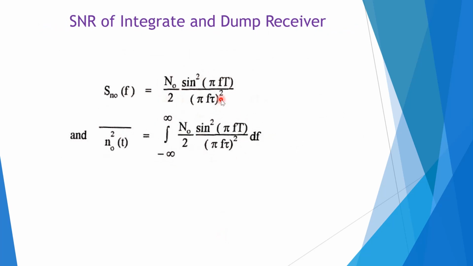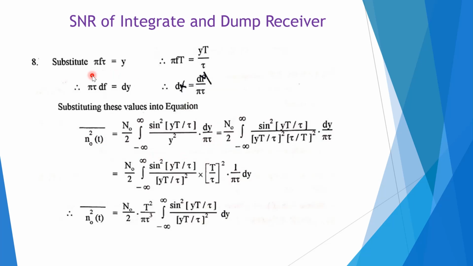For the SNR of the integrate and dump receiver, here again we can find out S_N0 of f by putting the S_Ni of f and H of f square here. You will be getting this equation, and ultimately this is the mean square value of noise. Now substitute pi f T is equal to y. So we can write this pi f T is equal to y T divided by tau. So pi T df is equal to dy. Substituting these values into the equation, we can find out N0 square of t, that is the mean square value,